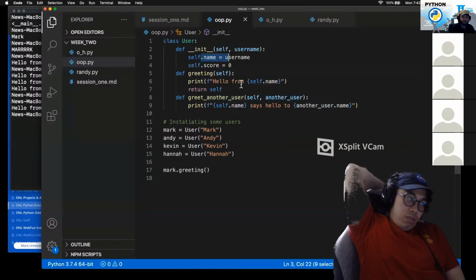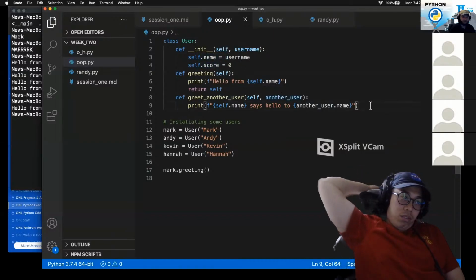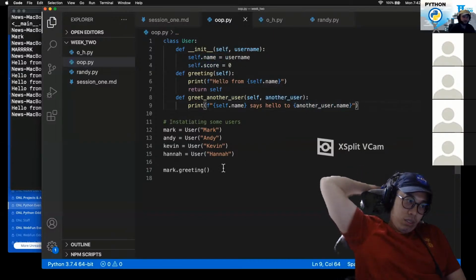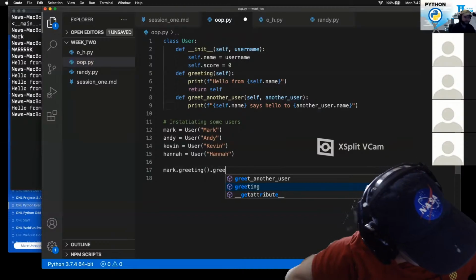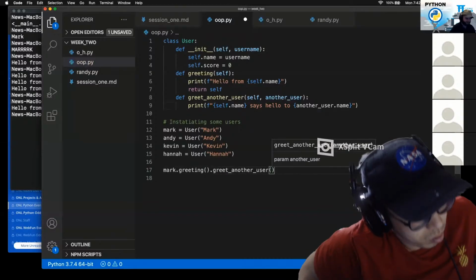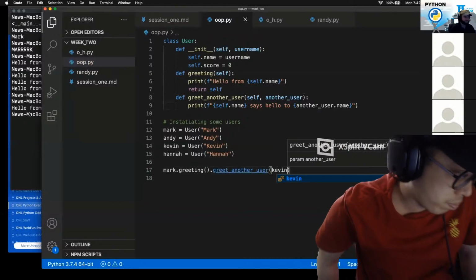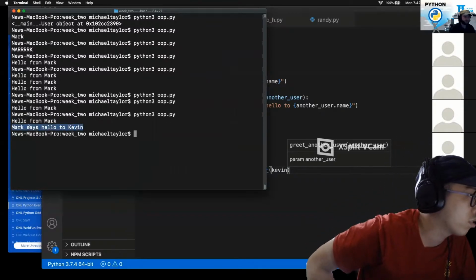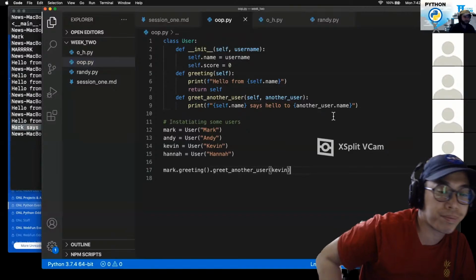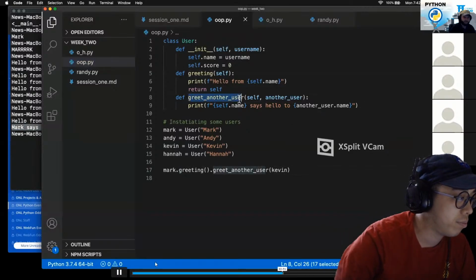User objects have name attributes, they have score attributes. So this will work just fine for us. So now I can have Mark say his greeting, that returns self, and then I can have him greet another user. Maybe he could greet Kevin. Hello from Mark. Mark says hello to Kevin. Wow. And if I wanted to be able to chain this method,